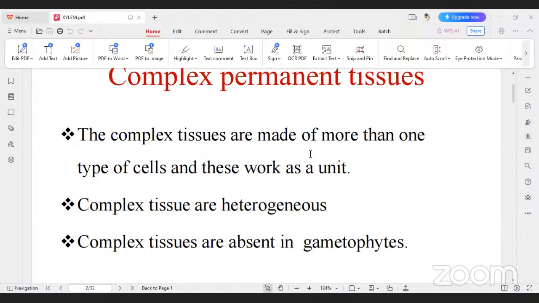The complex tissues are made up of, as you said, more than one type of cells. Please stay on mute. If you have any doubt, ask me, but while I'm teaching, please stay on mute. Thank you. So complex tissue, as you said,